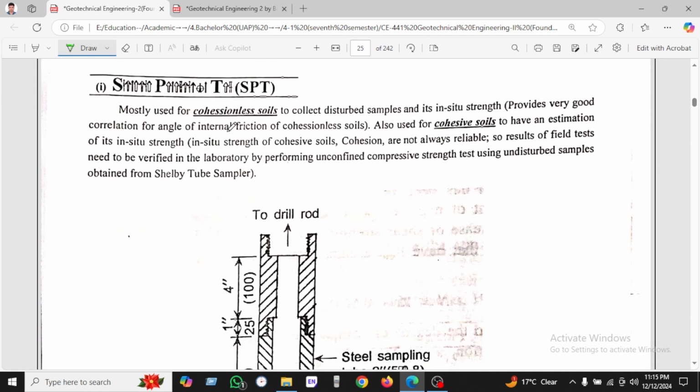SPT is mostly used for cohesionless soil to collect a disturbed sample, with in situ strength provided by good correlation with the angle of internal friction in cohesionless soil. It is also used for cohesive soil to estimate the in situ strength. For cohesive soil, the results are not always reliable, and the field test needs to be verified by performing unconfined compressive strength tests using undisturbed samples obtained by the Shelby